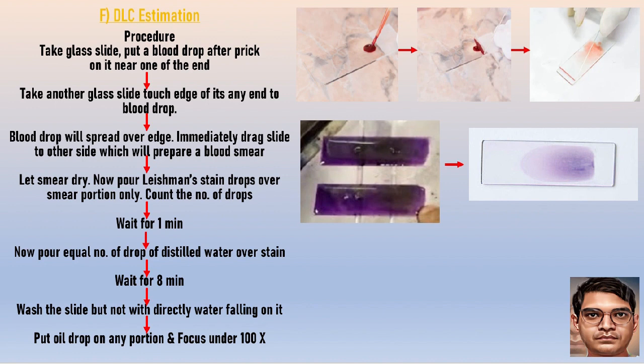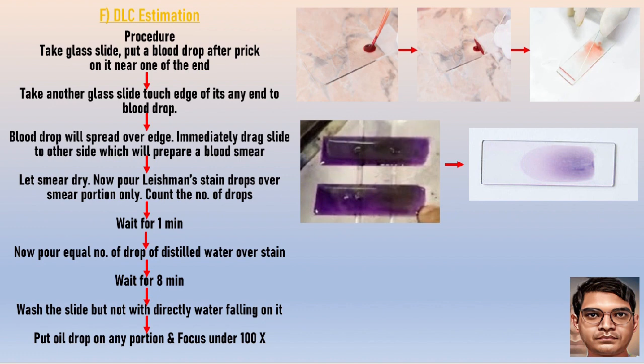After 1 minute, pour an equal number of drops of distilled water over the smear and wait for 8 minutes. After 8 minutes, wash the slide, but not with water falling directly on it. Now let the slide dry, put an oil drop on any portion and focus it under the lens